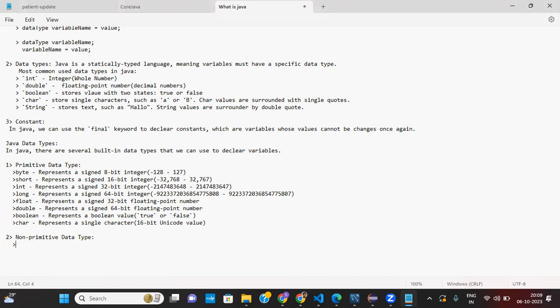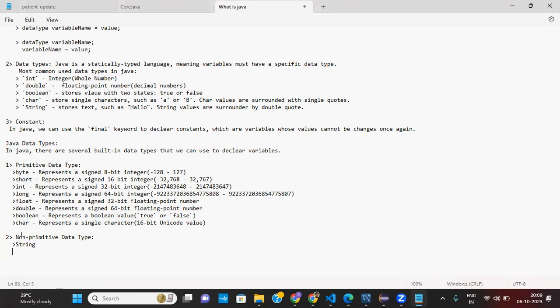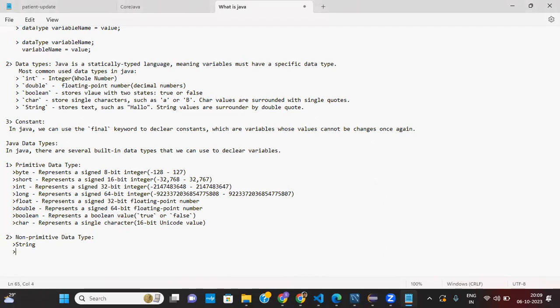In non-primitive we have string and array. Basically, string represents a sequence of characters. And array represents a collection of elements of the same data type.